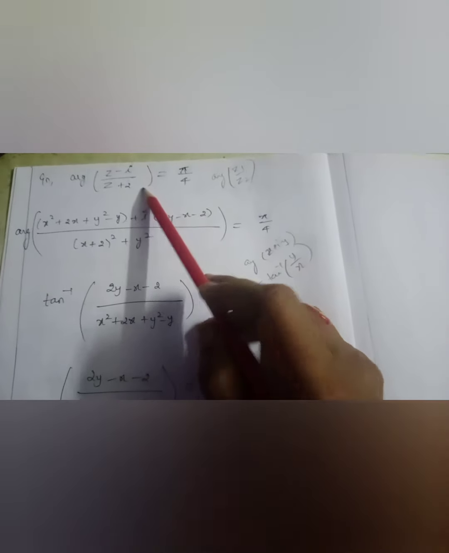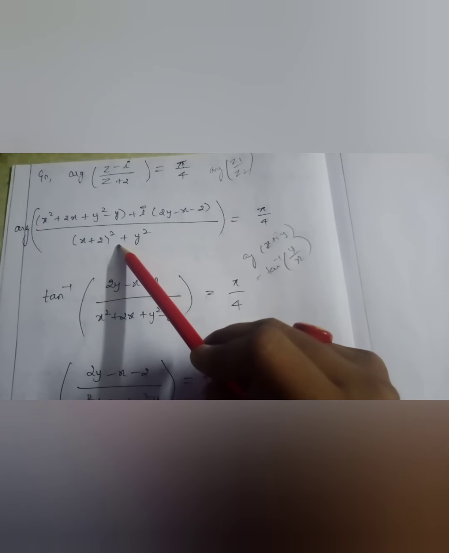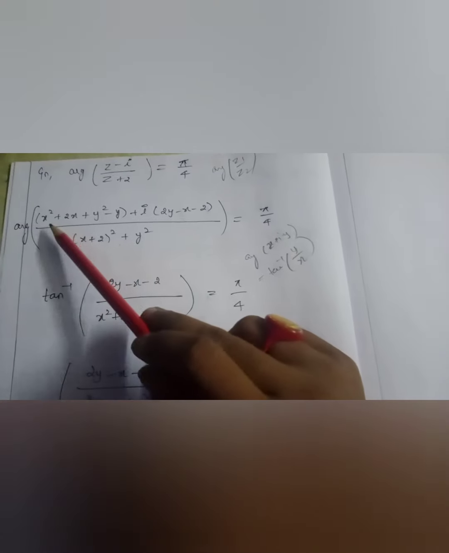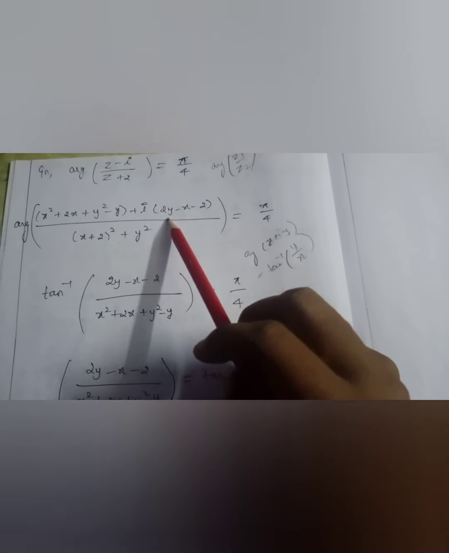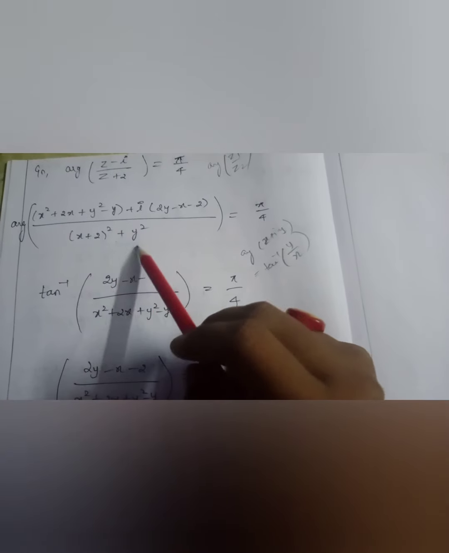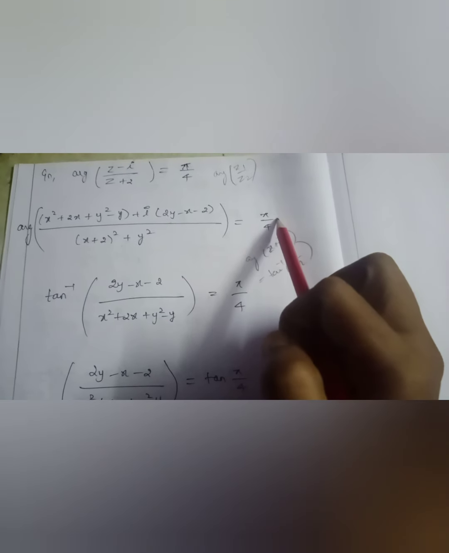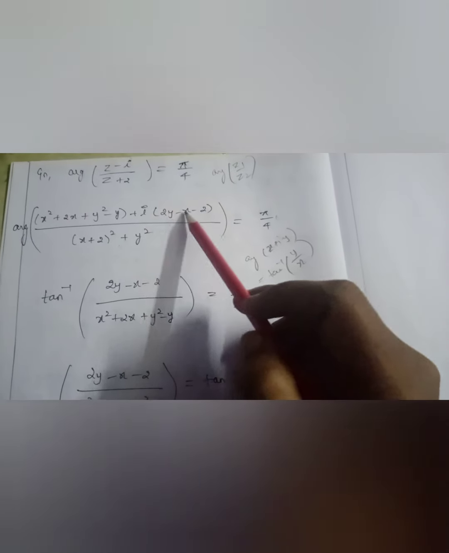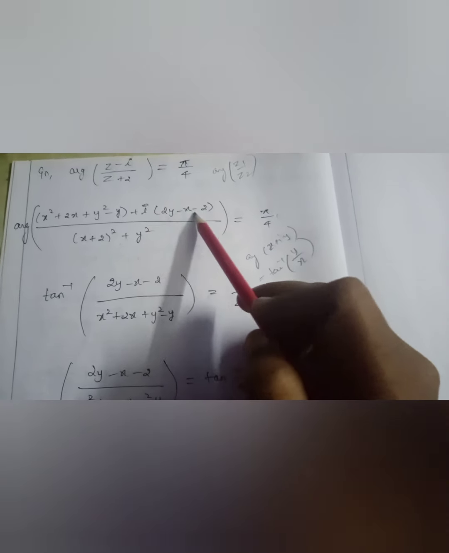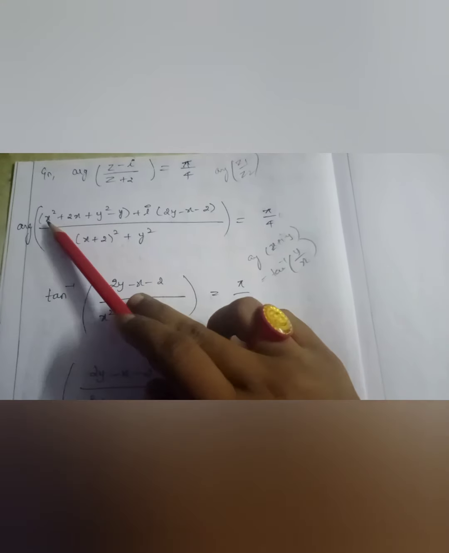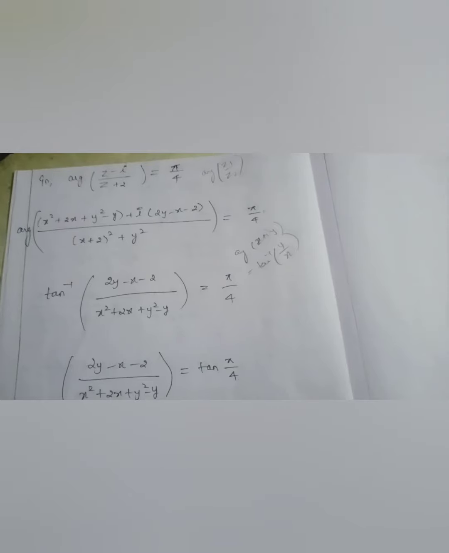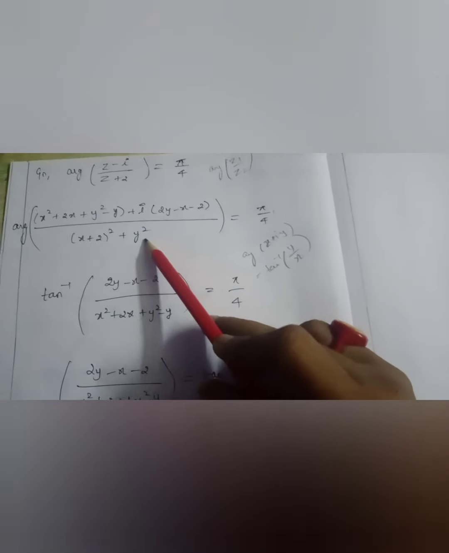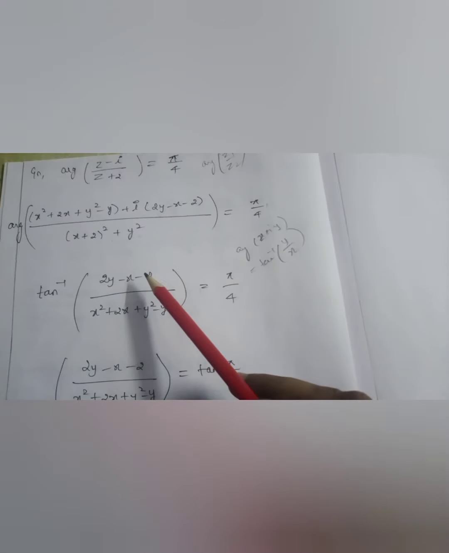So this expression of mine was converted like this after applying z to be x plus iy. So argument of x square plus 2x plus y square minus y plus i into 2y minus x minus 2 divided by x plus 2 the whole square plus y square is equal to what they have given, pi by 4. Now argument of x plus iy can be written as tan inverse of y by x. So using that, tan inverse of, what is your y here, children? y means the imaginary part, that is 2y minus x minus 2 divided by, what is your real part? That is x square plus 2x plus y square minus y. I told you in the previous example sum also, however you take it, both the denominators will be cancelled. So you can straight away write it as y by x.